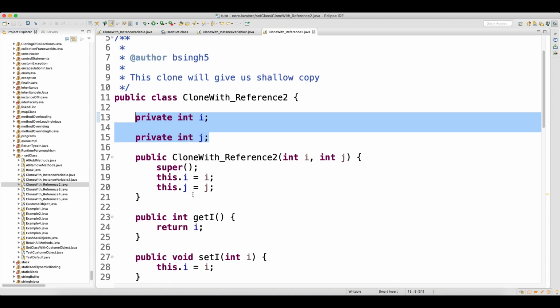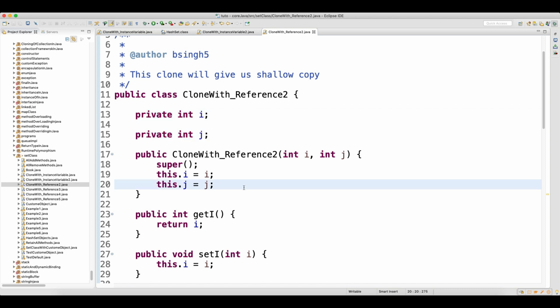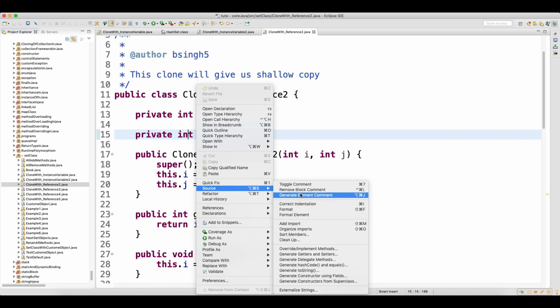Since they are private, I have created a getter and setter, and by now you are familiar with how to create them. If you don't know, it's very simple. Do a right click, go to Source, and here you have everything. Whether you want to create a constructor, override toString, or create getters and setters, everything is here. You click, a pop-up comes, you select the fields you want these operations for, and everything will be done for you.